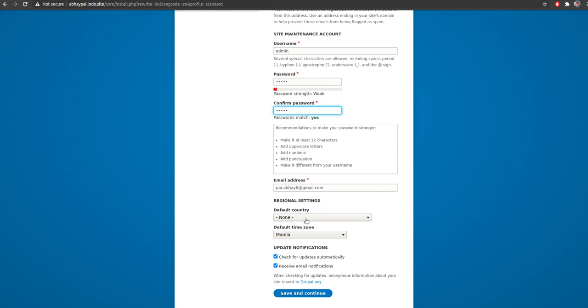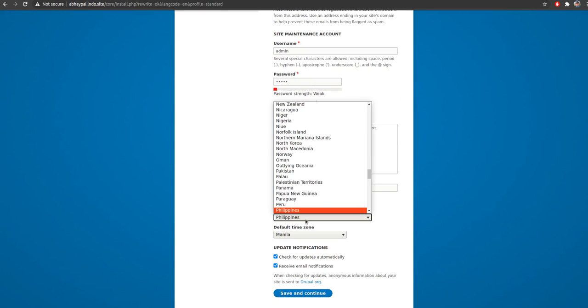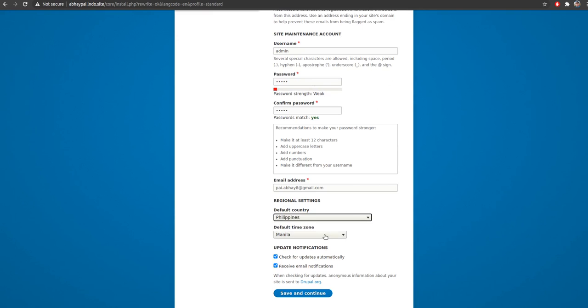I will set the default country as Philippines, keep the default time zone as it is, and keep check for updates automatically and receive email notifications as they are, and I will click on save and continue.